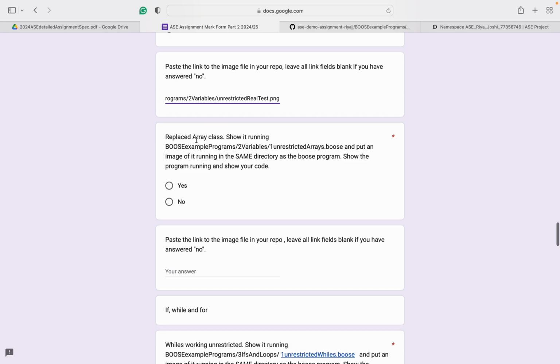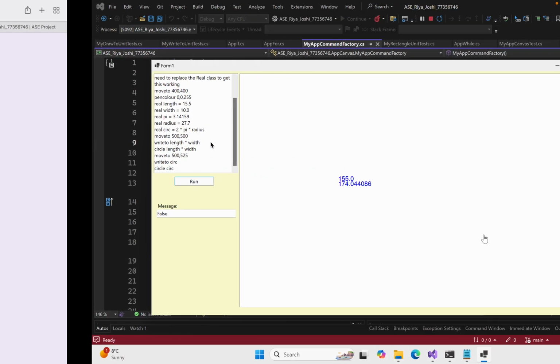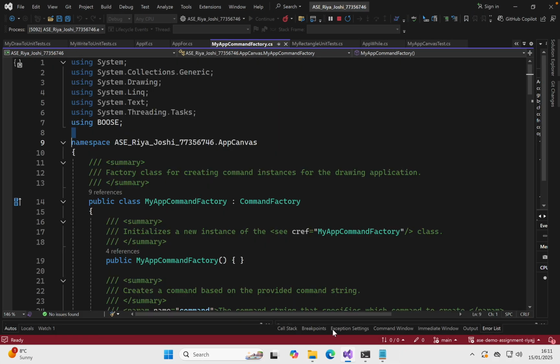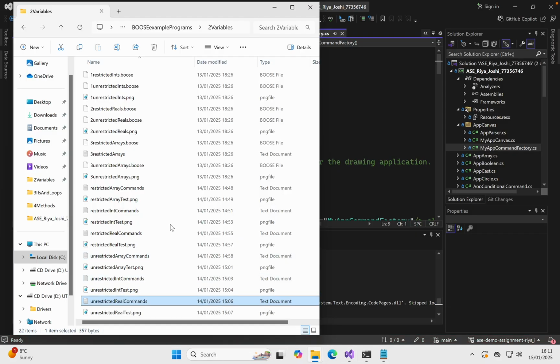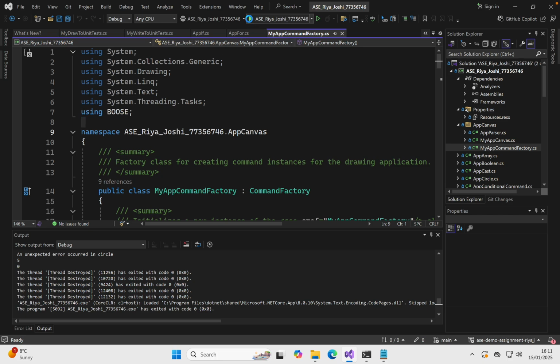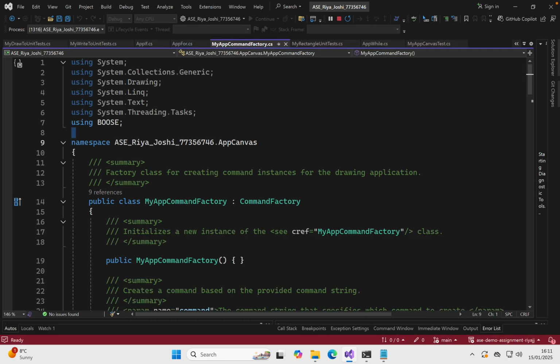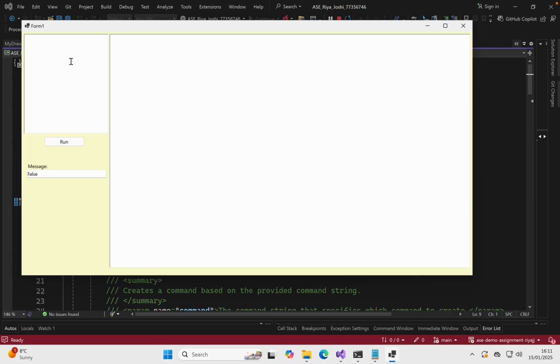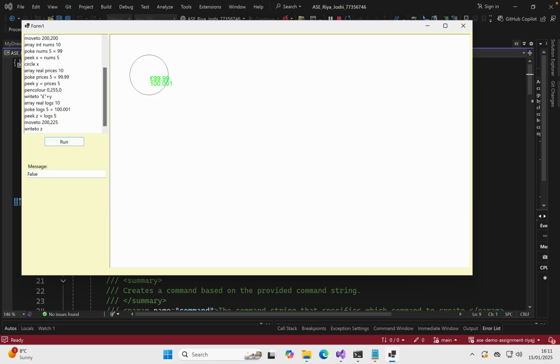Moving on, we have replaced array class. So for replaced array class, we have unrestricted array commands, which is this one. We do the same, try to run this here, and as you can see, we have got an output.